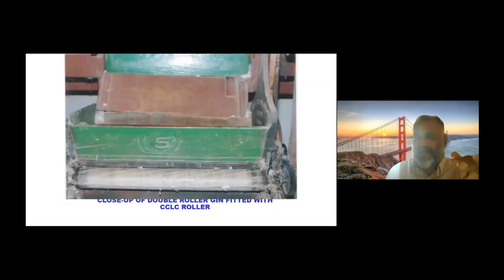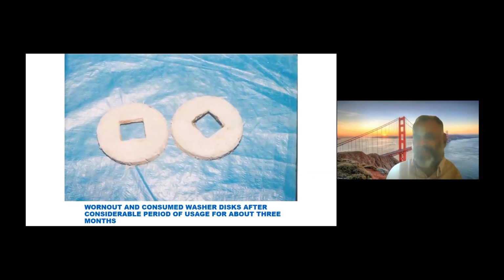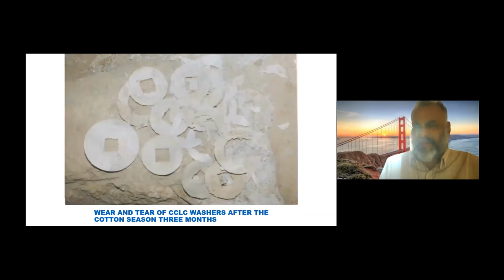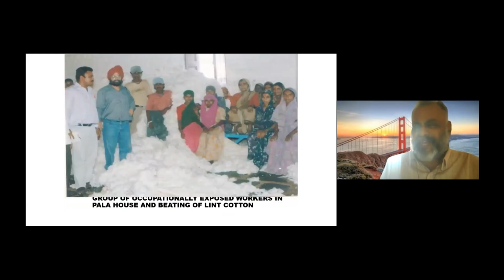And these are the various processes, how it is undertaken. The rollers which are used in this cotton ginning process, after it contaminates, it is an invisible contamination only, it is not visible. And the various molecular biological effects include air pollution. This has a considerable air pollution. Air pollution models have been